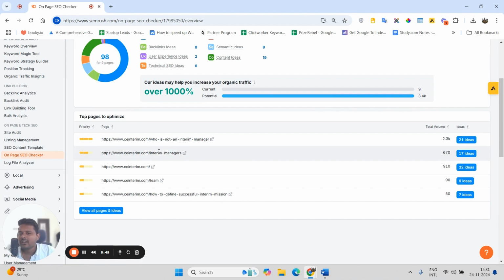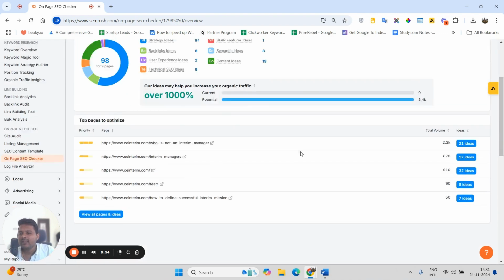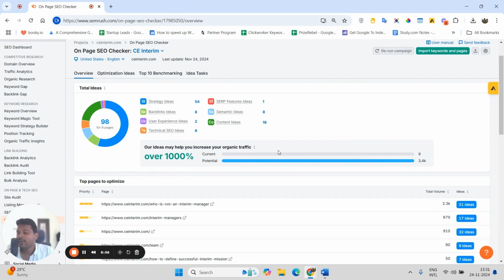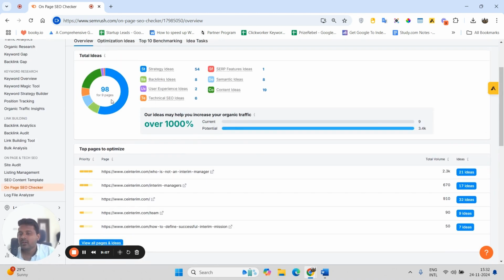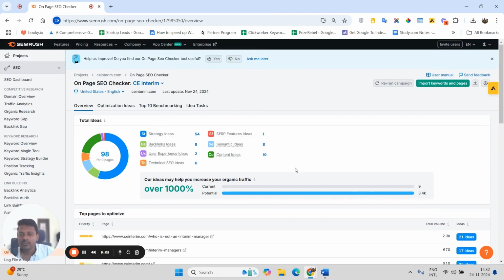So these are different articles pages you can see, and there are some ideas. So these are all the ideas I need to implement to improve my SEO rankings on Google, right? This is just an overview, right? How many pages I have added, and how many suggestions are there. So total 9 pages I have added over here, and there are total 98 suggestions, like strategy ideas, backlink related